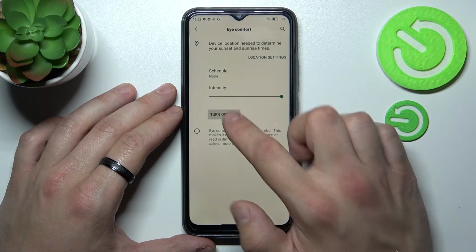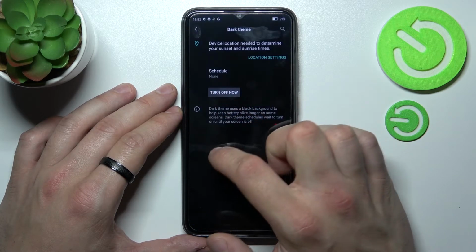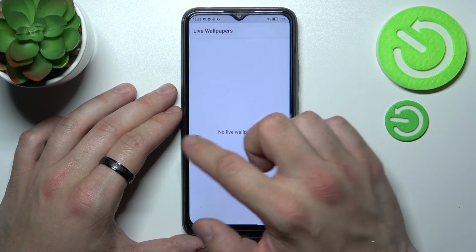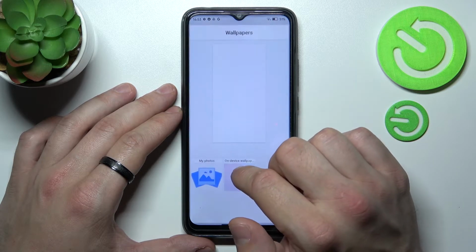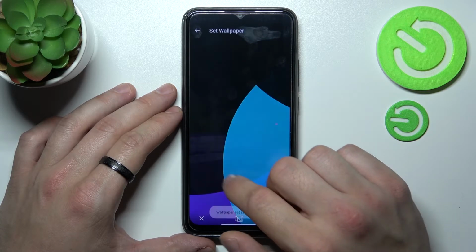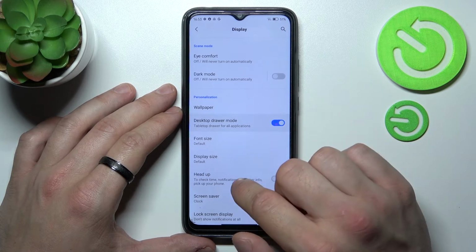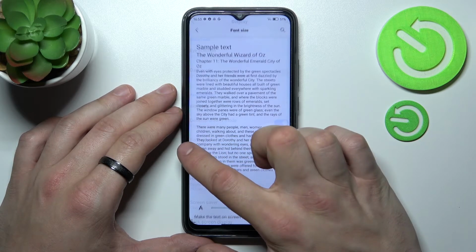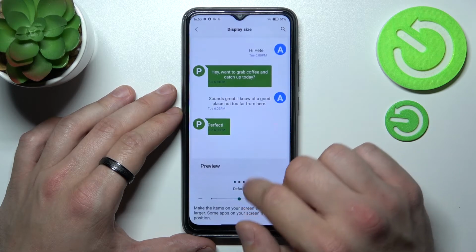enable or disable eye comfort mode, dark mode, change wallpaper, enable or disable desktop drawer mode, change font size, display size,